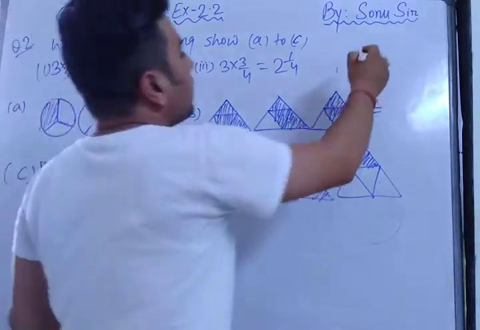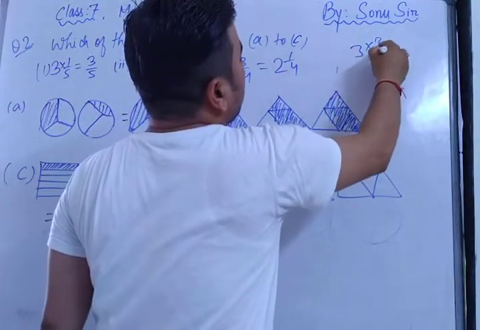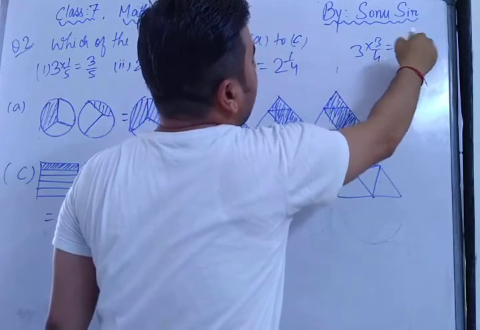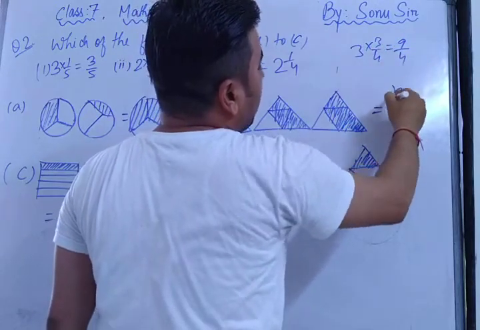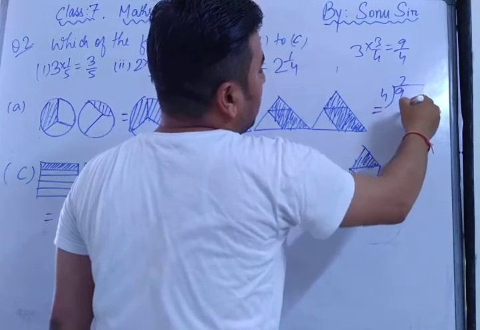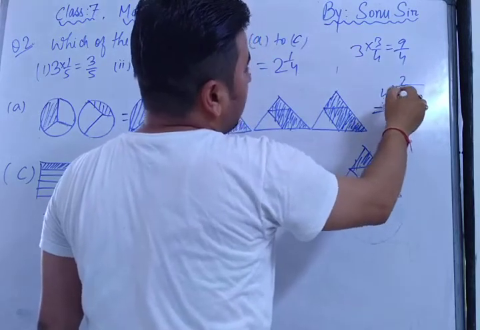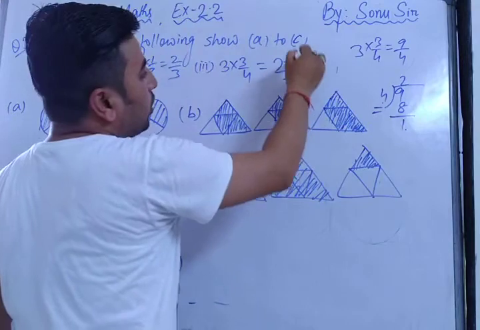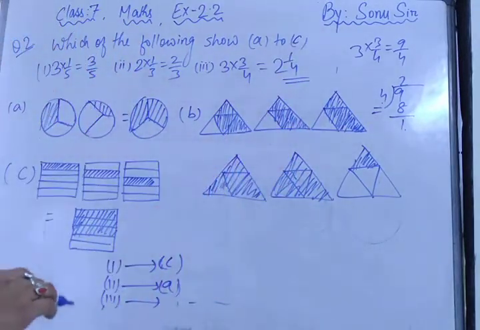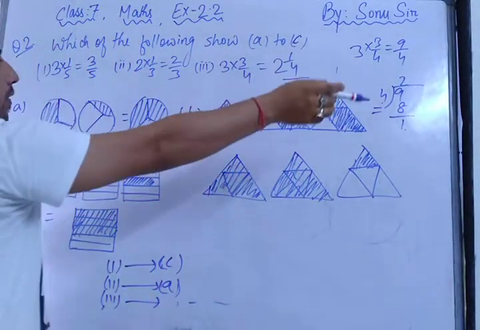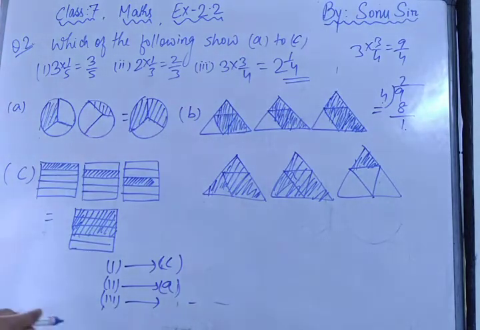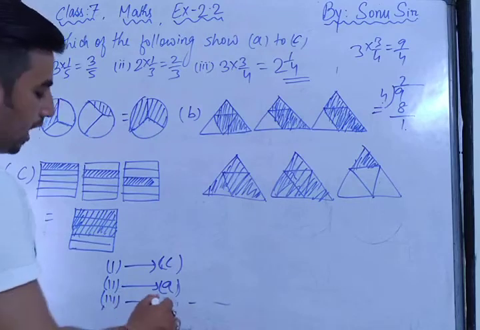First of all, see, 3 into 3 by 4 is equal to 9 by 4. When we break this 9 by 4 into a mixed fraction, when we divide 9 by 4, 4 2s are 8, remainder 1. So here it is 2 into 1 by 4. Got it? First of all we have multiplied and then we have converted into the mixed fraction. After converting into the mixed fraction, you can match this option. So the third answer is B.